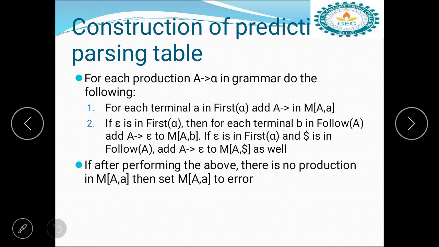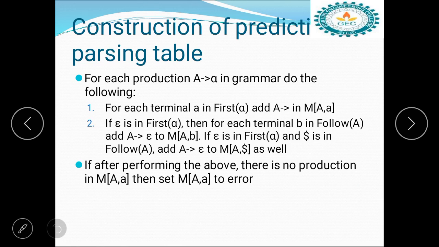If epsilon is in first of alpha, then for each terminal b in follow of A, add A tends to alpha to M[A, b]. If epsilon is in first of alpha and dollar is in follow of A, add A tends to alpha to M[A, dollar] as well. If after performing the above there is no production in M[A, a], then set M[A, a] to error.